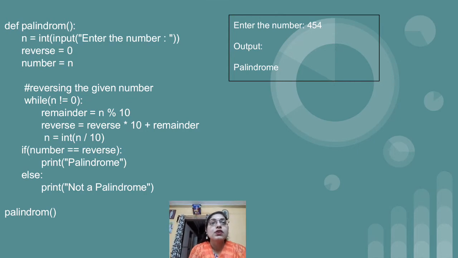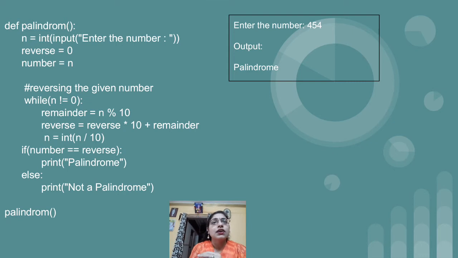Palindrome number means if we are having one number, like in this output, the user has entered the number as 454, and if we reverse the number 454, again we are going to get the same number. So if the original value and its reverse are the same, then we can say that that particular number is palindrome. So for the same I have written the logic.